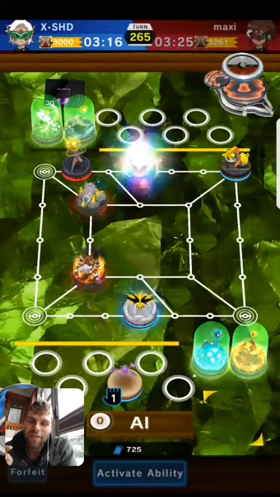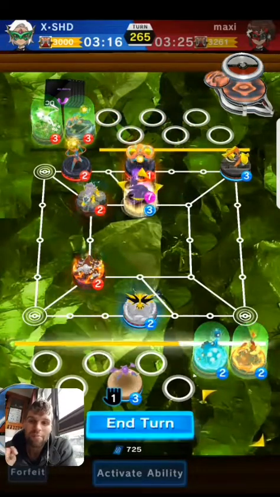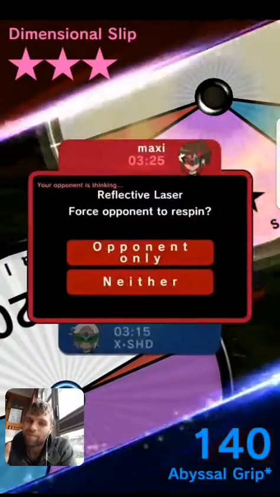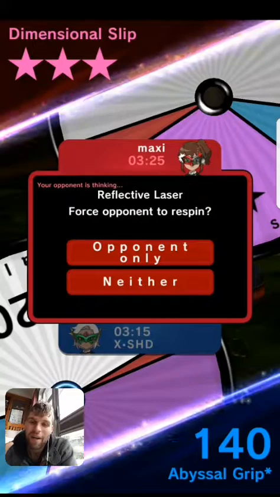I don't even care about that Raikou. I'm not going to take him out. I'd rather take out that DOA. DOA is more of a threat than a poisoned Raikou. And if I can take this out and get some white on white, or even poison him again, let's see if he wants to respin me. Doesn't even matter, because